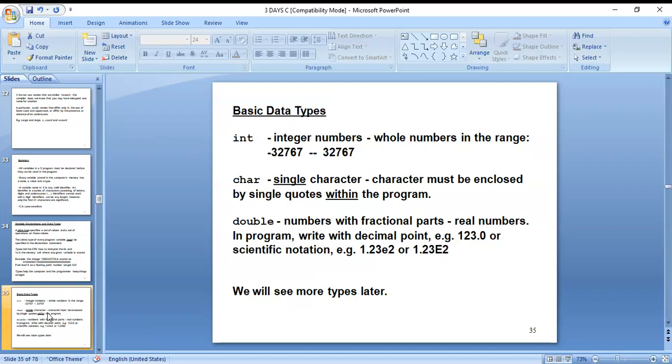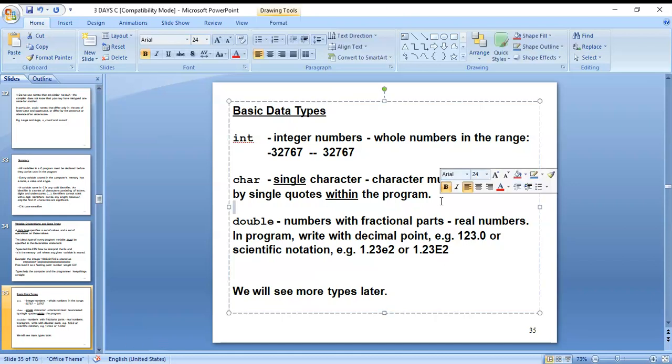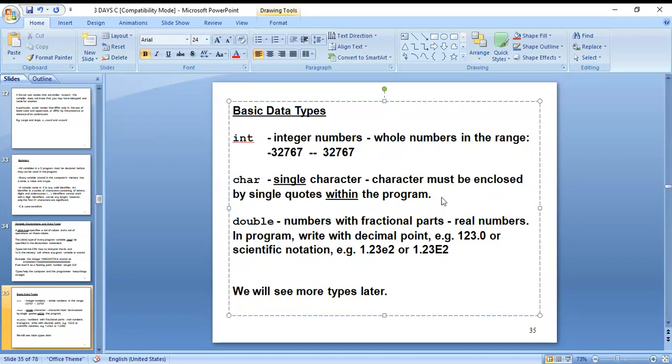Here you can see an example. This is the example for a character in single quotation marks.